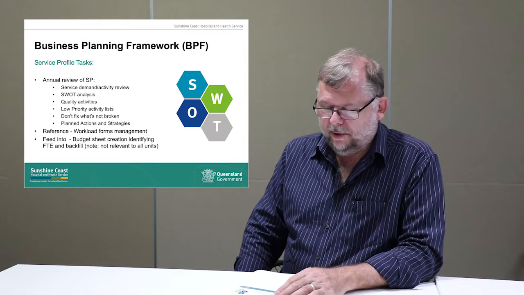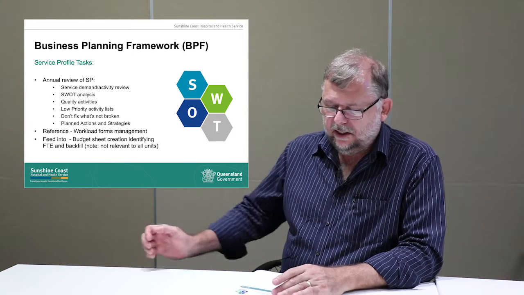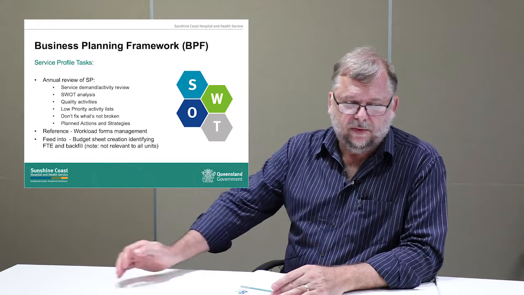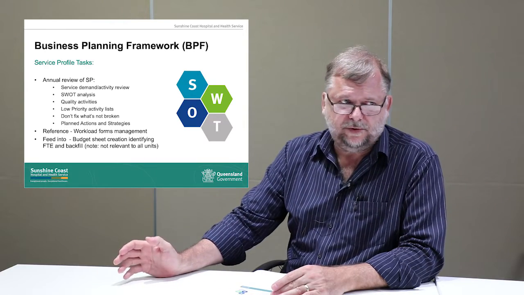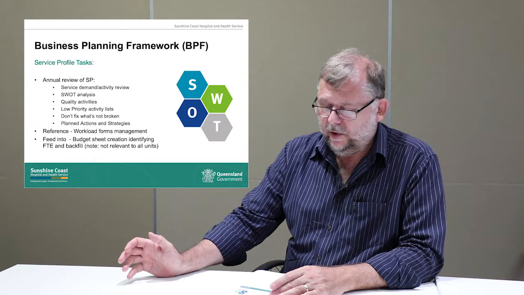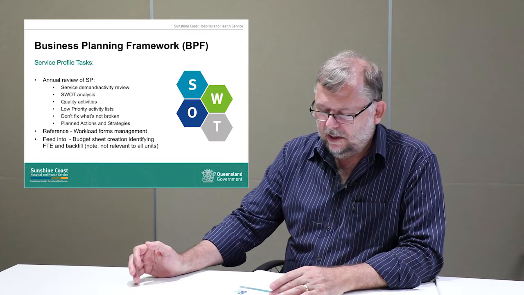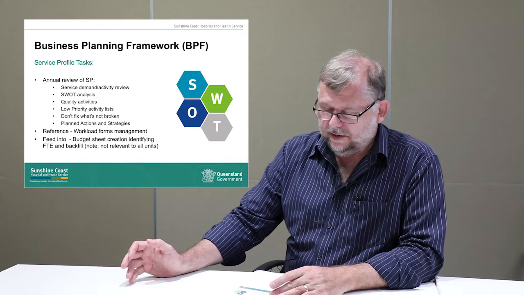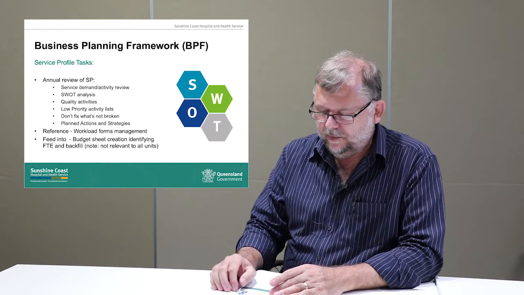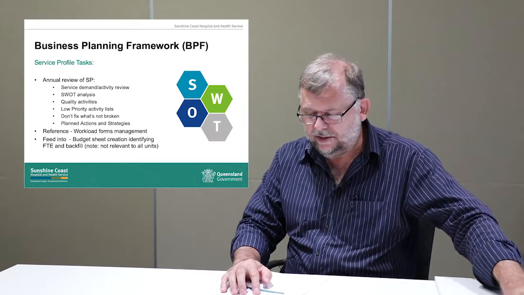So let's just focus for a moment on the specific tasks that are required working through the service profile. Each year, you are to take a look at your service demand and activity, and a lot of that is documented in your service profile in the forms of tables and charts. You're to look at the SWOT, the strengths, weaknesses, opportunities and threats review that you take your staff through. You have a look at your quality activities and how things are going and things that may be highlighted as a need to improve. You'll need to develop or redevelop and republish your low priority activity list as part of